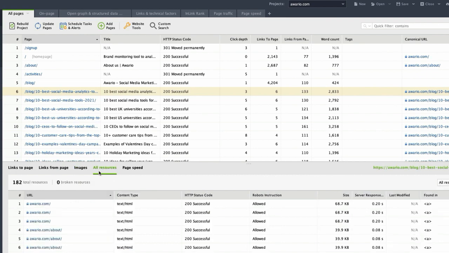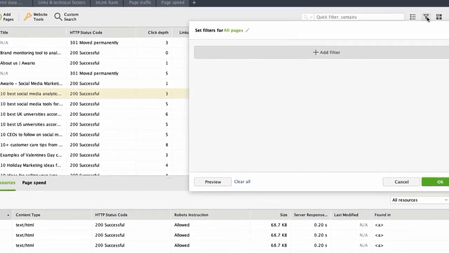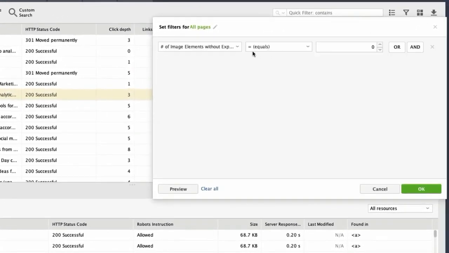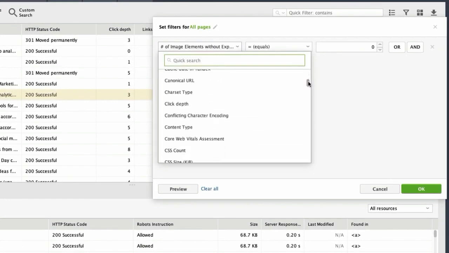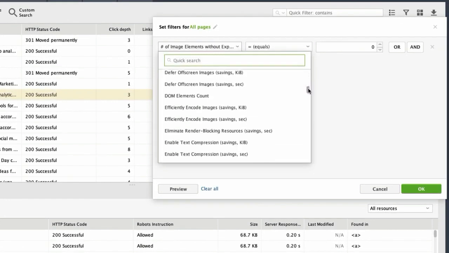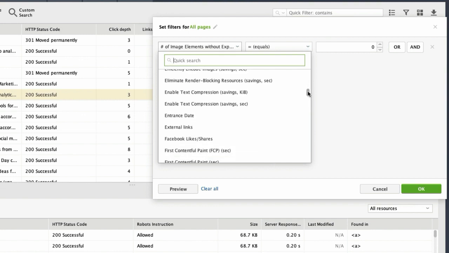All Resources section lists every resource found on a page along with details. When you're in the main workspace, you're given several ways to manage your data. You can use advanced filtering to set the necessary filtering conditions to easily sort out your results. More than 40 different factors are at your disposal, and you are free to use them to create different filtering